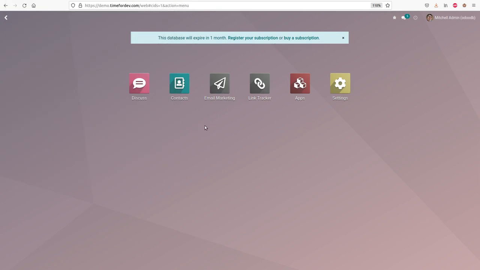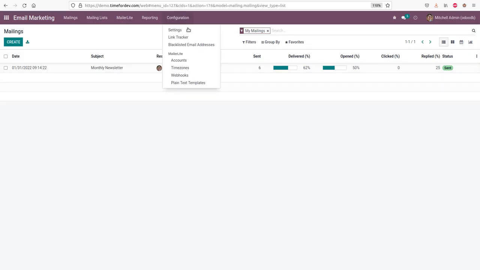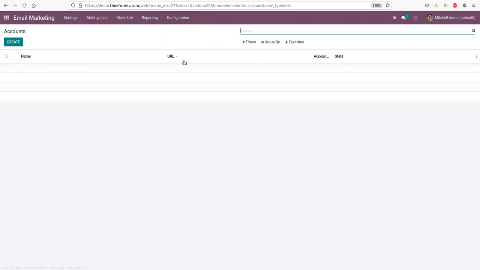Hello. In this video, I will show you how to set up the MailerLite connector to integrate Odoo with MailerLite, and then sync some data after that. So first, what we need to do is go to Email Marketing, Configuration, Accounts, and we need to create a new